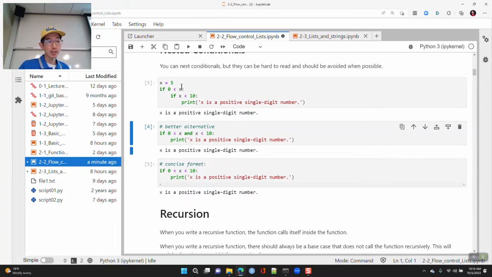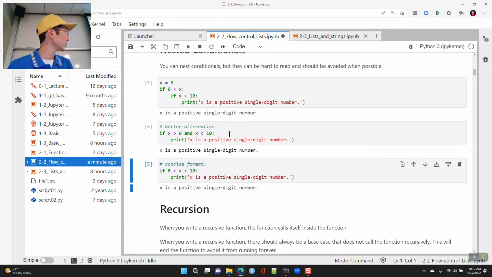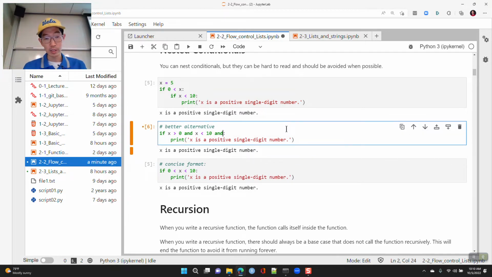If you have an integer between 0 and 10, it's got to be a single positive thing. And so this is a thing, right? We could do this if 0 is less than x and x is less than 10, or you can do if x is greater than 0 and x less than 10. That's fine, right? And I can also do and